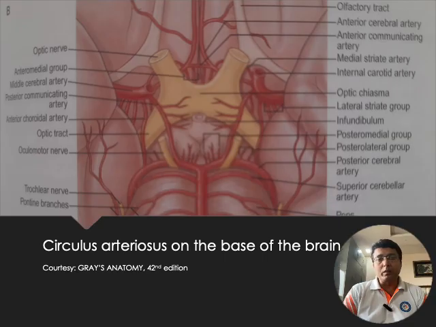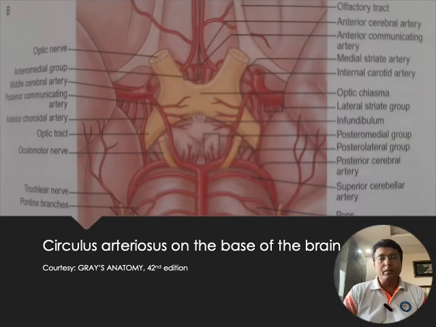The anterior circulation is formed by the two anterior cerebral arteries, right and left, and the adjoining anterior communicating artery. The lateral component is formed by the right and left internal carotid arteries, and the posterior component is formed by the two